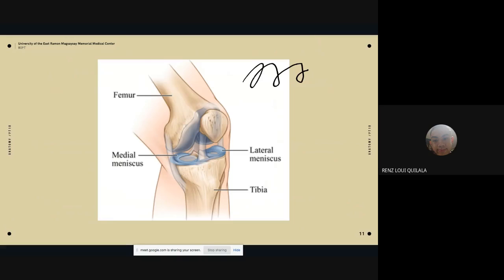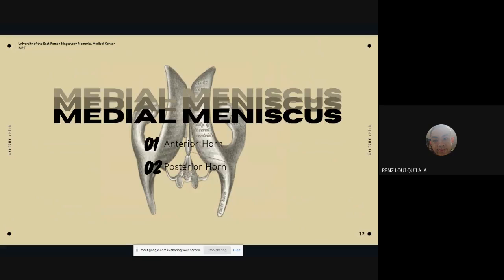For the medial meniscus, its anterior horn attaches to the anterior tibial intercondylar area. Its posterior horn is fixed to the posterior tibial intercondylar area, and its fibers are continuous with the transverse ligament of the knee when present. Peripherally, it is attached to the fibrous articular capsule and deep fibers of the tibial collateral ligament, which allows for very little movement of the meniscus.